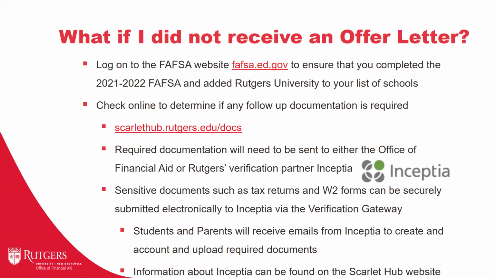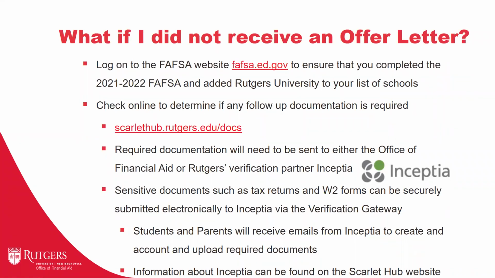Second, the student could determine if we need any follow-up documentation. Your student could go to scarletthub.rutgers.edu/docs to see if there's any documentation that we might need that can hold up your financial aid package. All right.